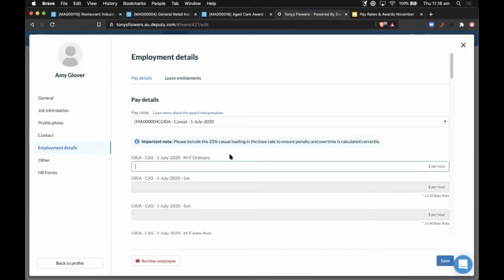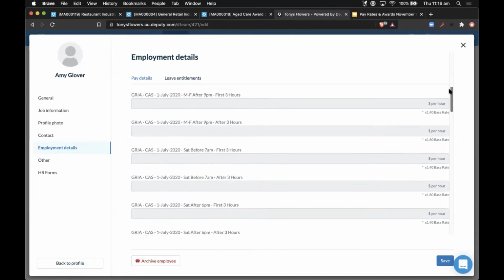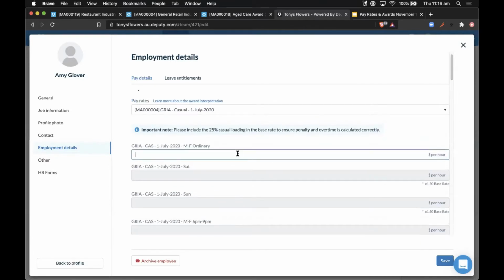And the reason why I wanted to show you the support links is, again, they're a lot easier to read than the list that we provide here. So this is a numeric text field that allows you to put in the rate. So let's say it's 25. And you'll see that based on all of the multipliers that we have quoted here, it's automatically giving you a heads up on what those rates are going to be.